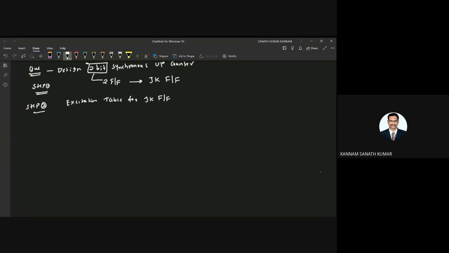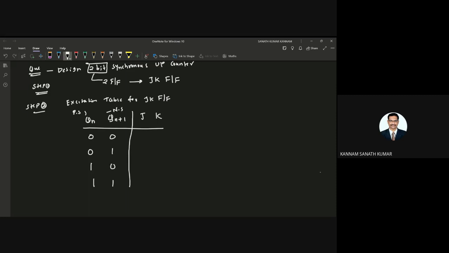So here if you see the excitation table for the JK flip-flop, Qn is the present state and Qn+1 is the next state. By using the present state and next state, you need to predict the inputs. That is by using the excitation table only. This is the present state and this is the next state, and these are the possible combinations.